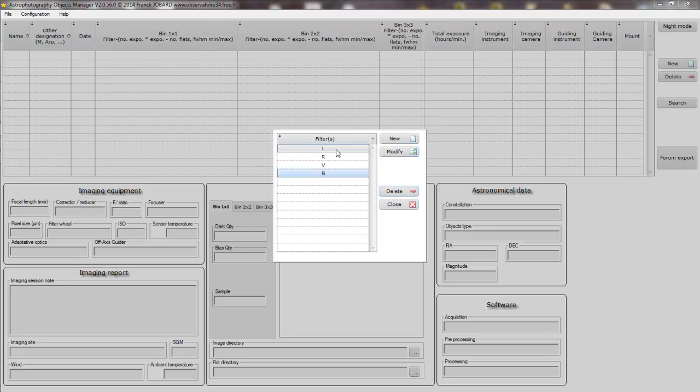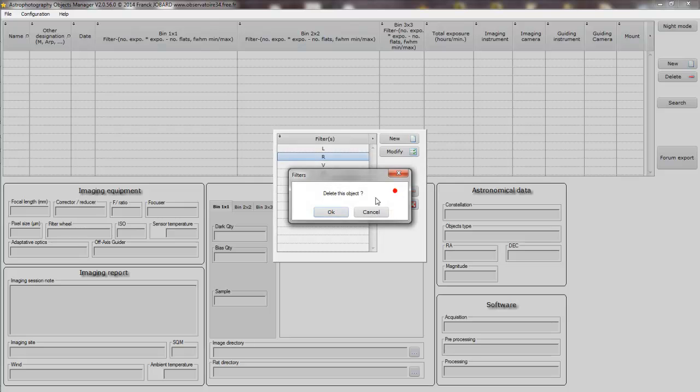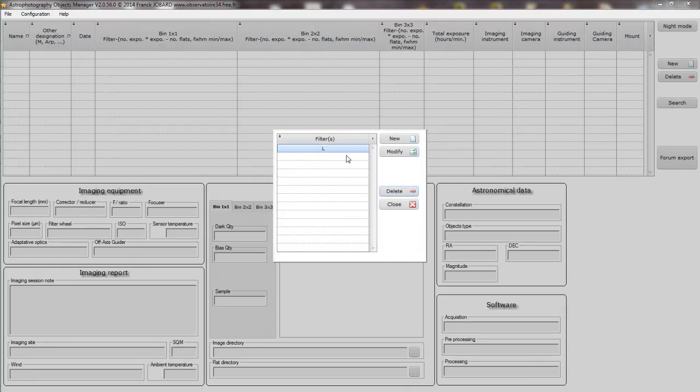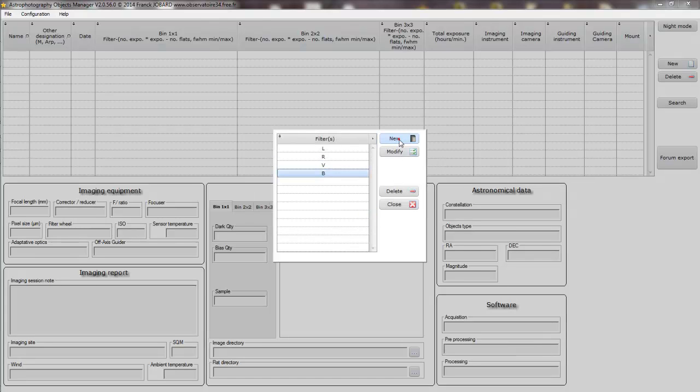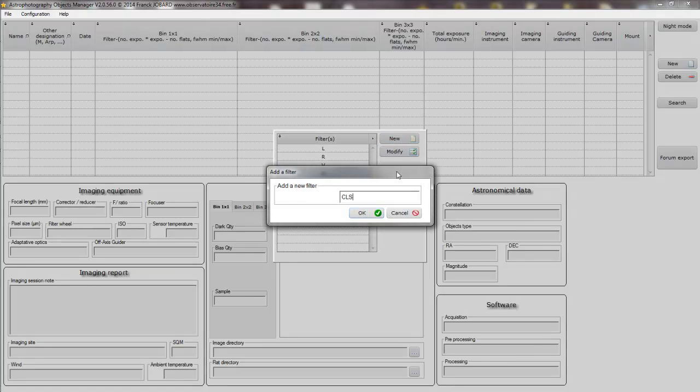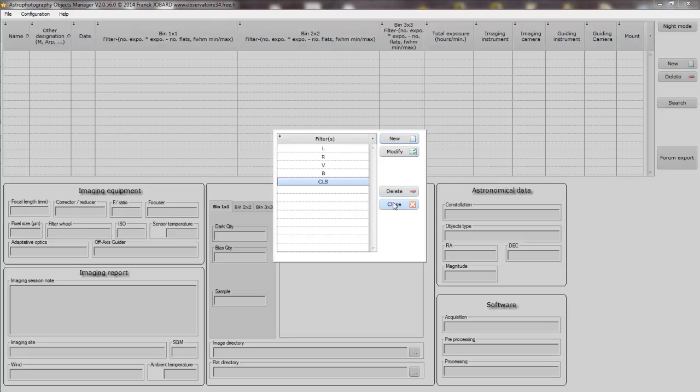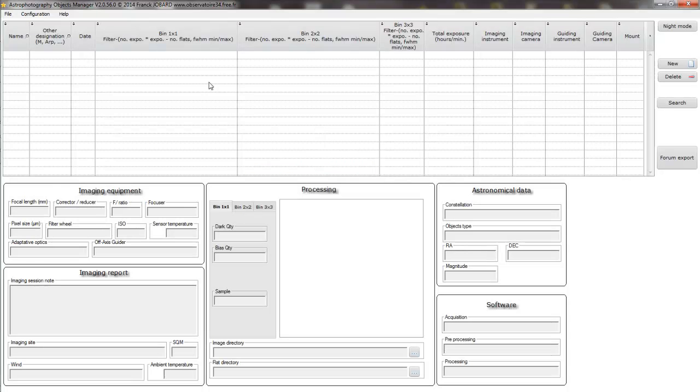So here we are, LRVB. You should have at your first start, if you have L filter at the beginning, you can add another, or B for my EOS CLS. Okay,